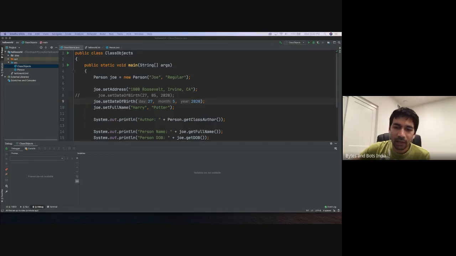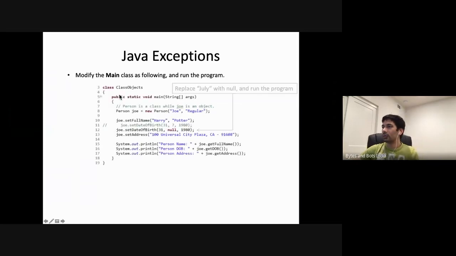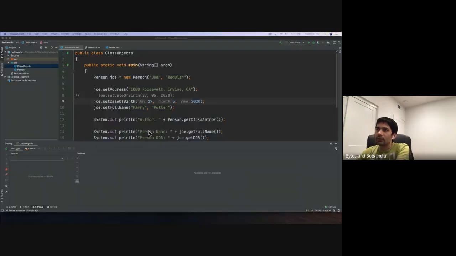Now, coming back to this one experiment we did earlier, is we had replaced the month with null. You all remember that, right? And then we all got that error, which is null pointer exception. So let's try one more thing. In your main function,